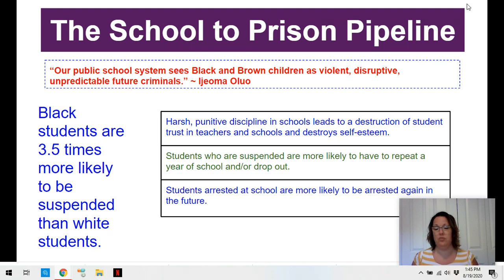So these are statistics. These are facts. Black students are 3.5 times more likely to be suspended than white students. That corroborates exactly what we were talking about with policing, right? Harsh punitive discipline in schools leads to the destruction of student trust in teachers and schools and destroys their self-esteem. Students who are suspended are more likely to repeat a year of school and or drop out. And students arrested at school are more likely to be arrested again in the future. So if we are not serving our Black and brown students in the same way that we are serving our white students, we are contributing to this school to prison pipeline that has been in place since